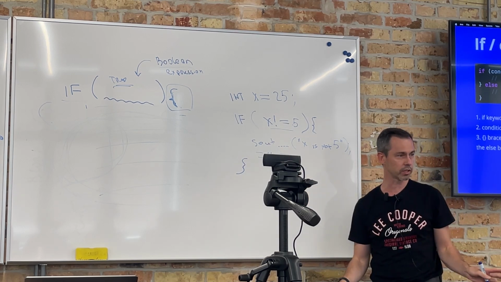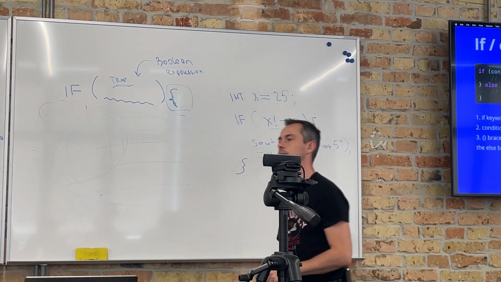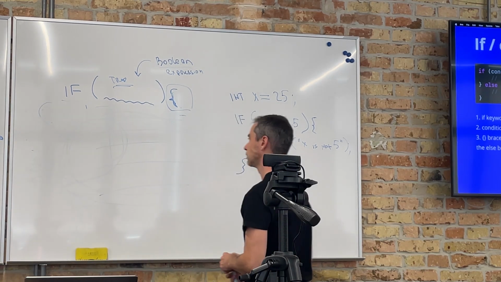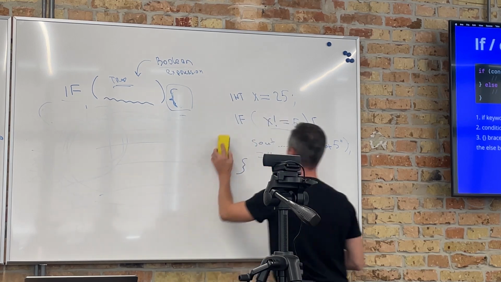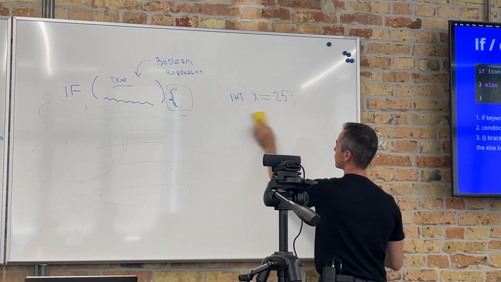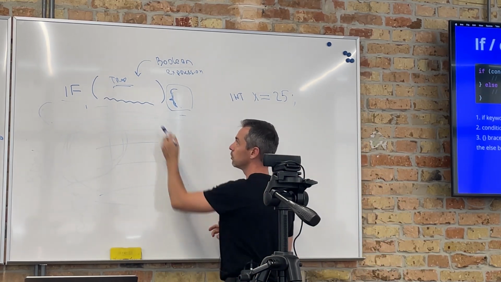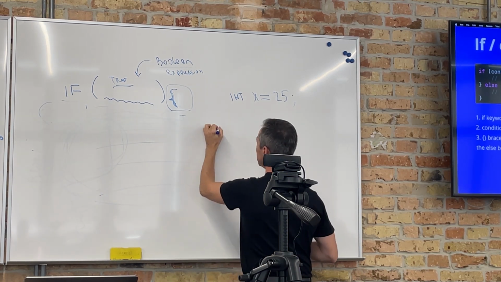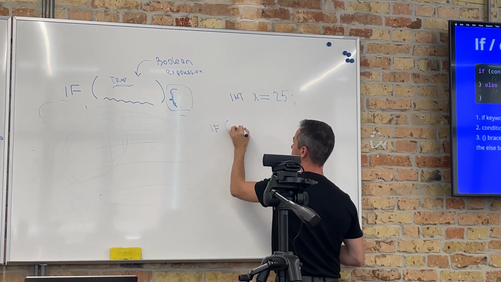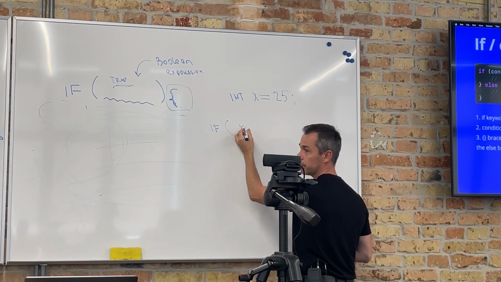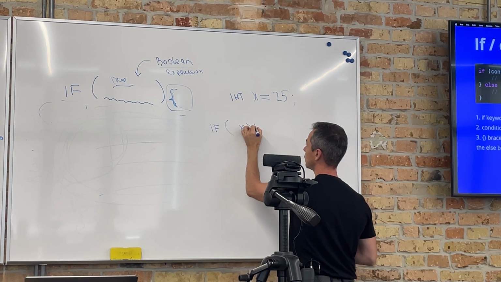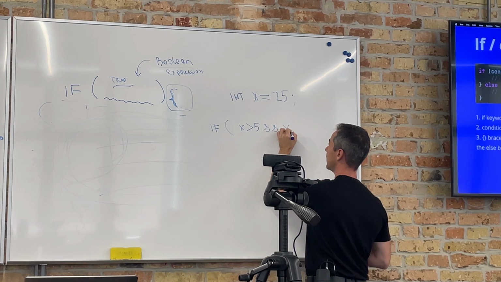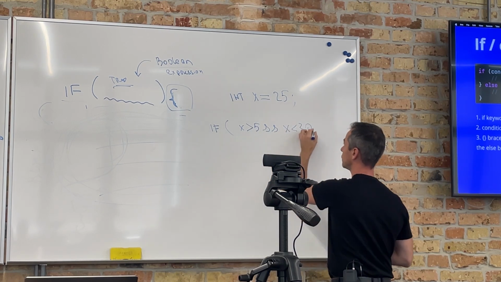Pretty simple, I agree. If you have a double condition, like for instance, less than 30 but more than 20, what should you do? Okay, let's write this double condition, not a problem. Good question. So again, any logical expression which gives us Boolean result. Let's try to do that. If x more than 5, for example, and what? And x less than 30.